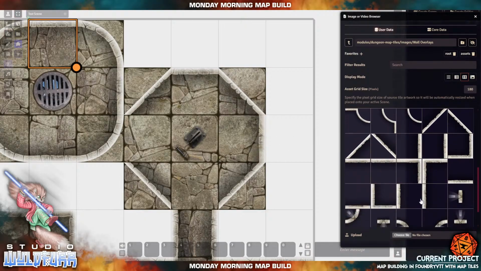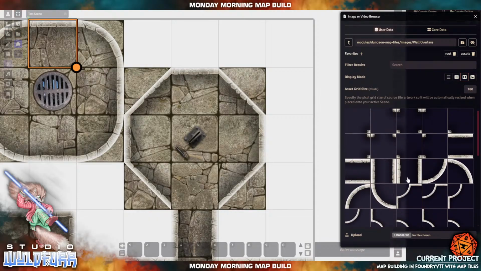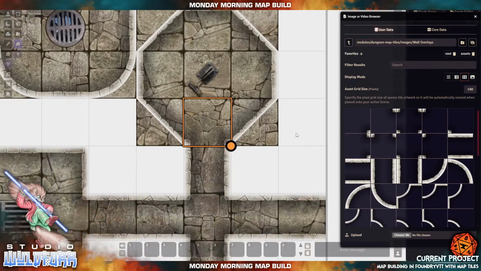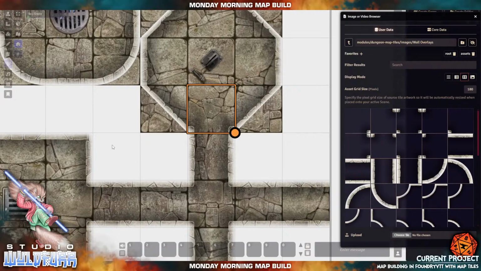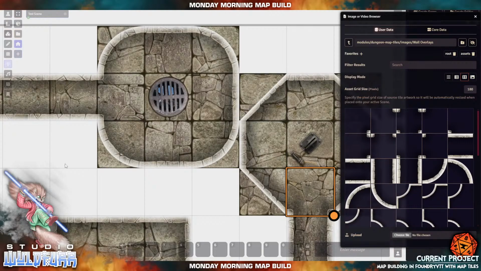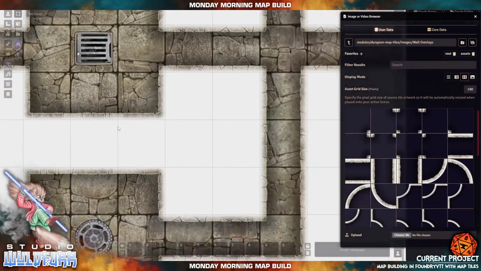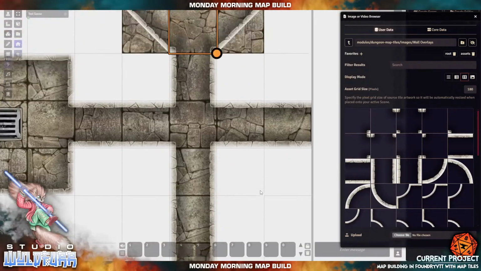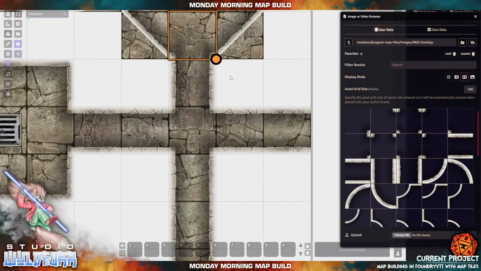And there like that. And then we need the doorway, which is this one. There we go. So there's the basics of our map completed. So we've put in some rooms, we've put in the walls around the rooms. And we've got a little entrance over here. Now let's go and put in